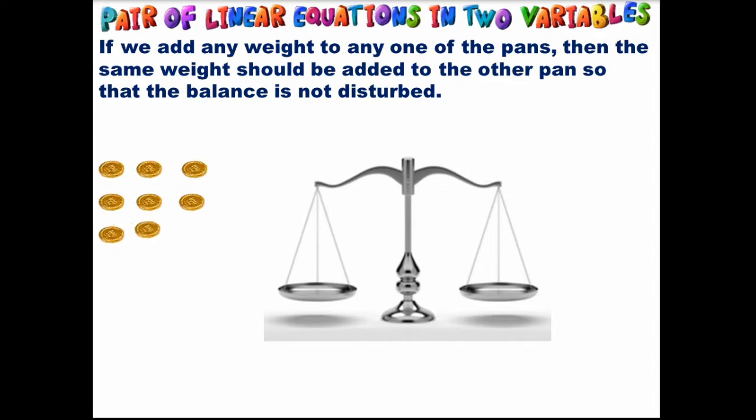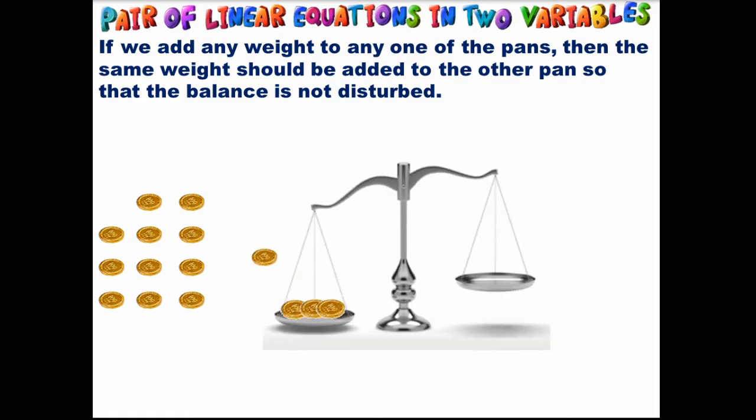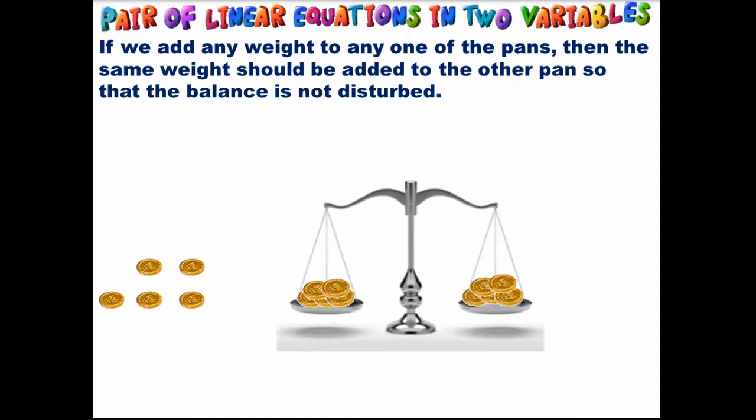For example, suppose I have some coins with me. The coins are of equal weight, and now I'm going to add these coins to the pans so that the balance is not disturbed. See how. Suppose I add a few coins to the left pan, so that I have now added 5 coins and the pan got down. Now I have to maintain the balance. So what should I do? I should do the same for the right pan also. That is, I should add the same number of coins, the same weight of coins, to the right side also, so that the balance remains the same.